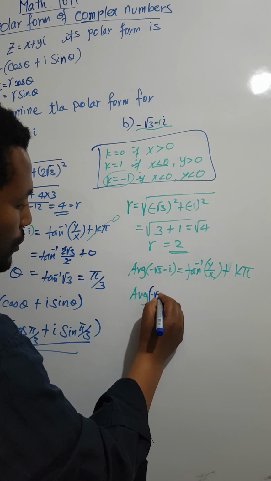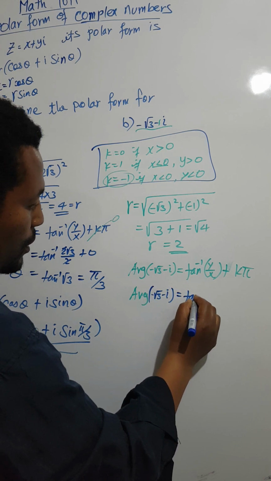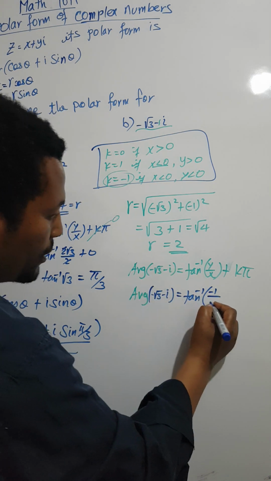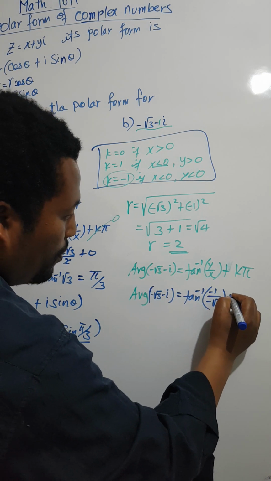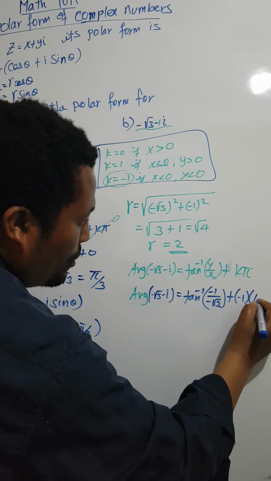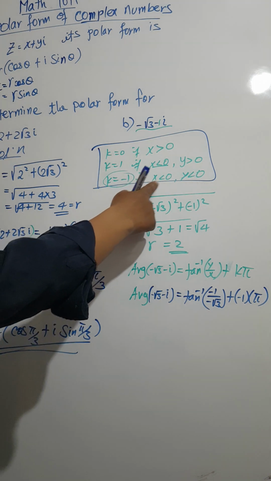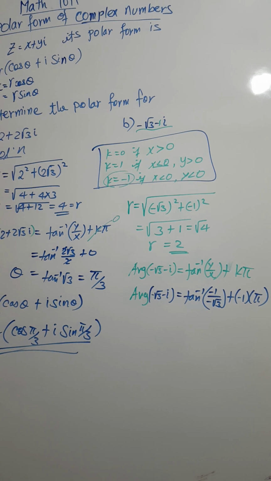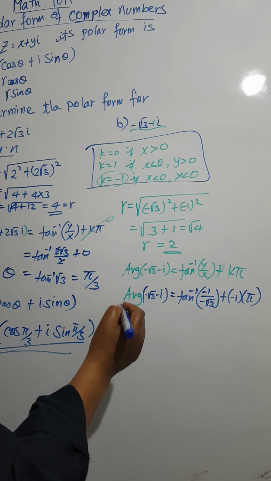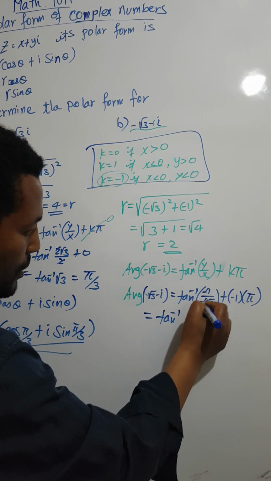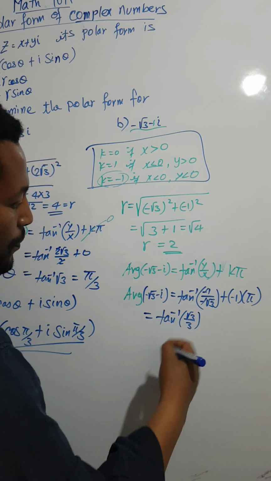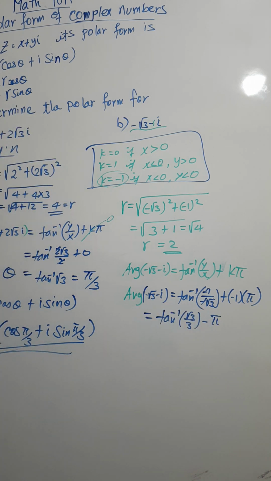argument of negative root 3 minus I is equal to tan inverse of imaginary partaችን ማን ነው negative 1 real partaችን ማን ነው root negative 3 okay plus negative 1 times pi okay because both the real and the imaginary parts are less than 0 so that k is negative 1 okay ይሄን ካልን now this is going to be tan inverse of ይሄን በዚህ እናጠፋለን ከፈለግን ራሽናላይዝ እናደርጋለን እንደዚህ ማለት ነው root 3 over 3 መሆን ይችላል minus pi okay root 3 over 3 minus pi so